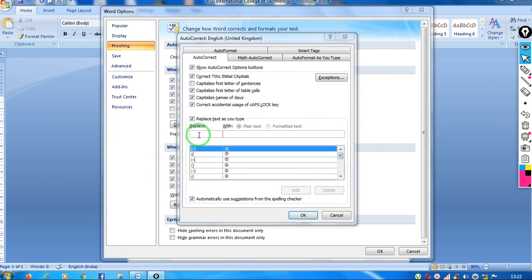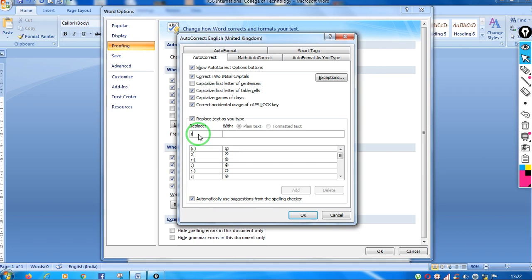Now here, whatever content you want to place in the dictionary of autocorrect, you can place it over here. Suppose I want that when I type RSG, automatically Ravinder Singh Gosai should come, and then I can add it to the dictionary. Same thing you can do with other text also.